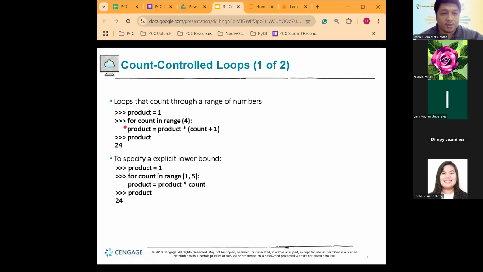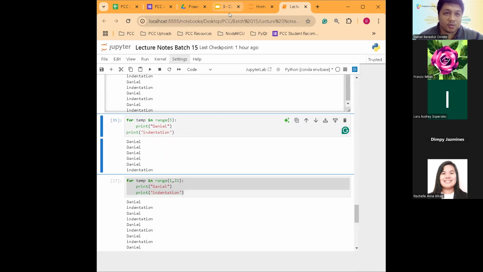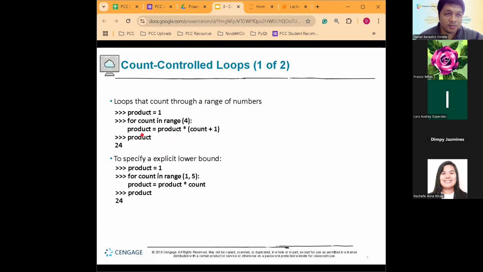And in this code, you might be asking, sir, there's no indentation. Yeah, this is just an error on the PowerPoint. The one that created this PowerPoint is using Shell. They are not using Jupyter Notebook. So in Shell, you actually